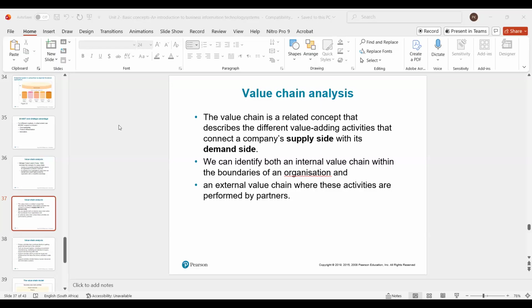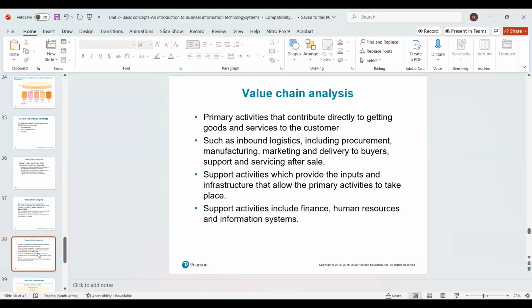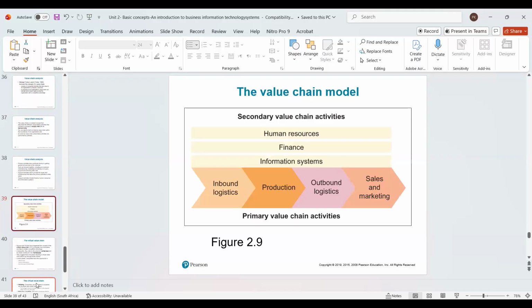And then there are other groups who have also come up with this value chain, but they believe that virtually, or using technology, we can also add value to our activities. So I've explained the secondary and then the primary activities. So you can read through them. So this is a typical